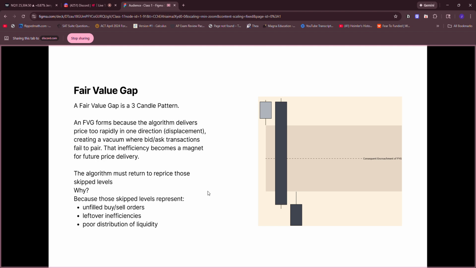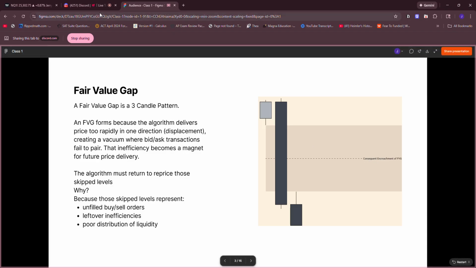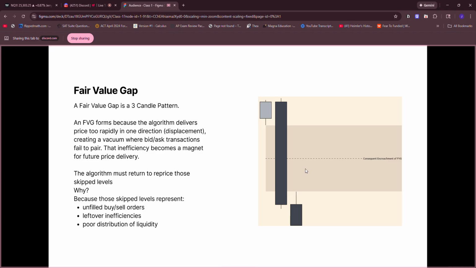Well, it's because the algorithms can refer to these skip levels because these are unfilled buy and sell orders, and that basically causes inefficiencies. So I do have the consequent encroachment of the fair value gap labeled here. Turn that off. My fault. I have the consequent encroachment of the fair value gap marked, and ideally, in strong order flow, we